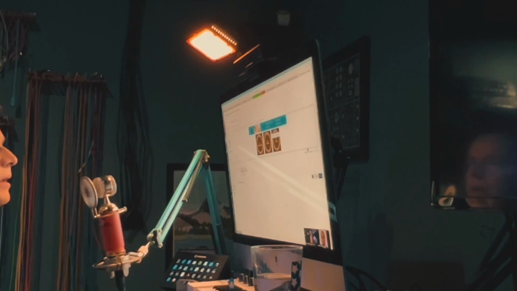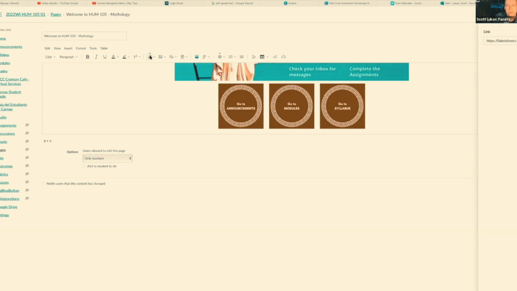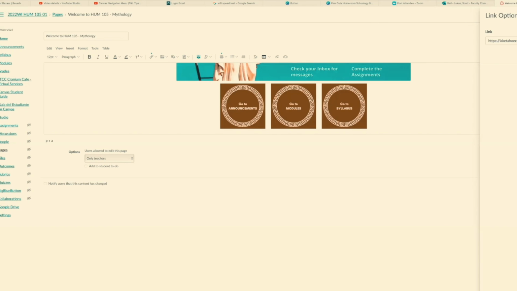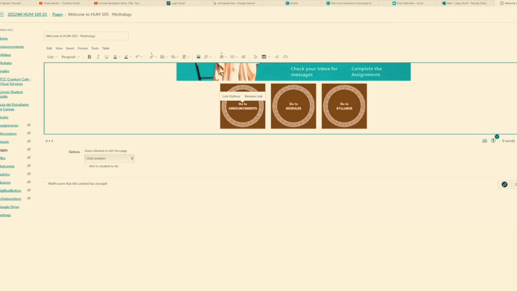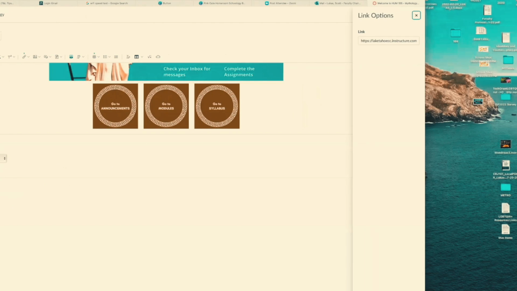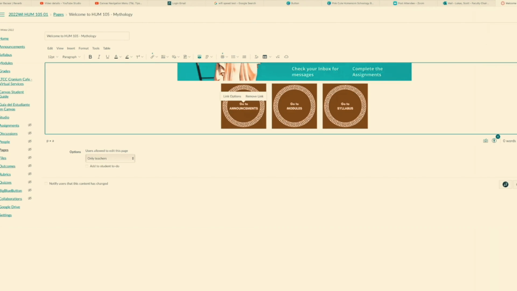Oh yeah, right. I don't want to mess yours up. Yeah, that's okay. But anyway, basically click on the image, just like that, how you selected it. And then I click the hyperlink image, and that's it. If you use the arrow next to it instead of clicking on it, it asks if you want to add an external link, which would be something outside of Canvas, or an internal link. And if you do internal link, it puts a drop down of all your other pages that you already have. So you can just navigate on the right and find your announcements page or modules page, whatever, and click on that, and that will create an internal hyperlink. Yeah, exactly. Your own page.